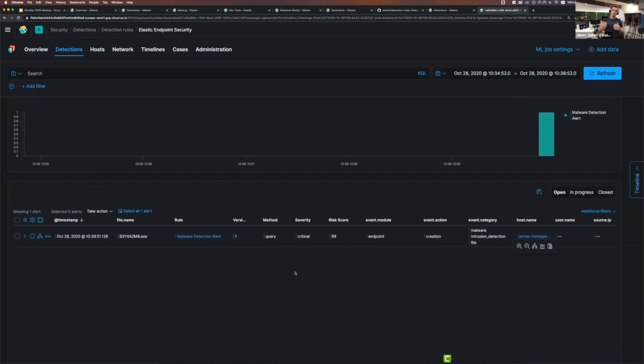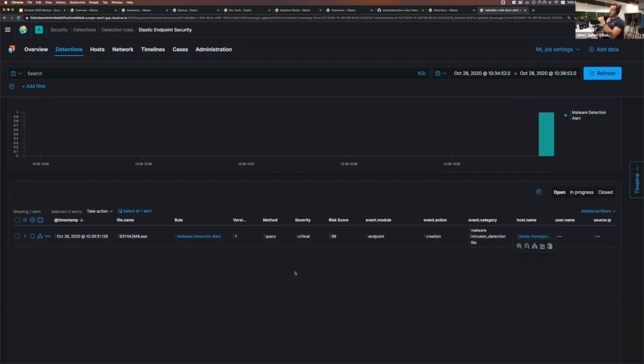I hate using the term next gen, but it's sort of doing what next gen antivirus does. It's signature-less malware protection and detection. So you'll actually find this on VirusTotal. If you upload a file to VirusTotal, Elastic is one of the engines on there. It's the same thing that's powering what the endpoint provides.